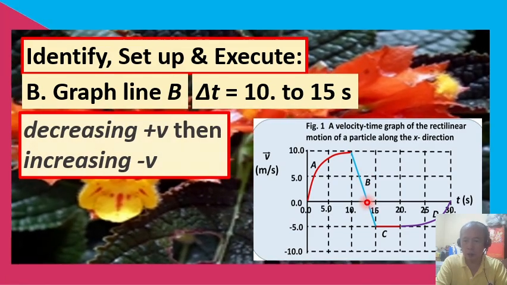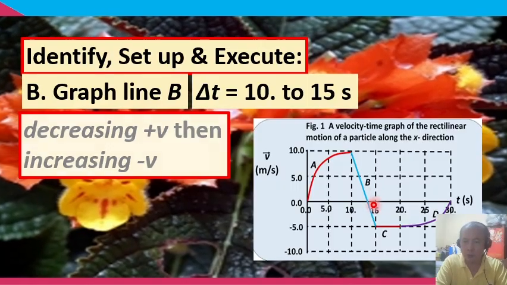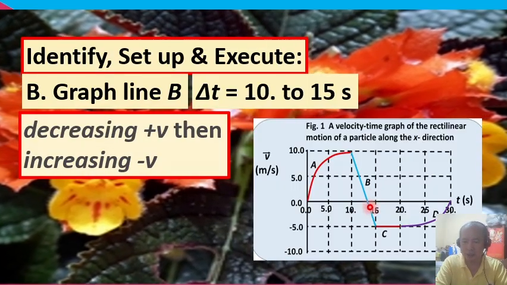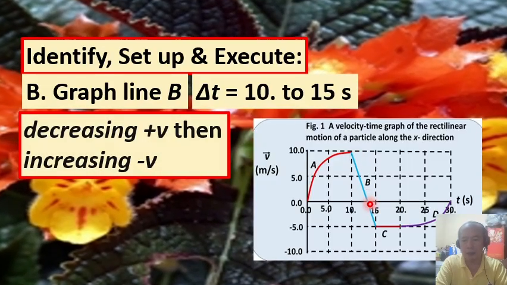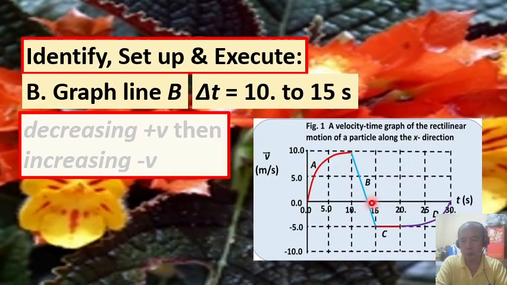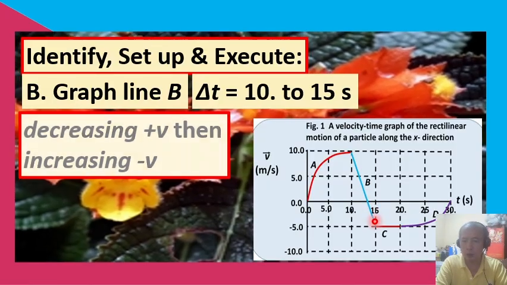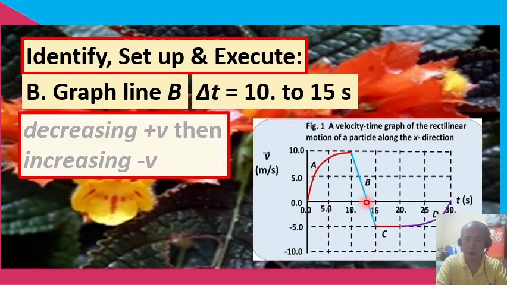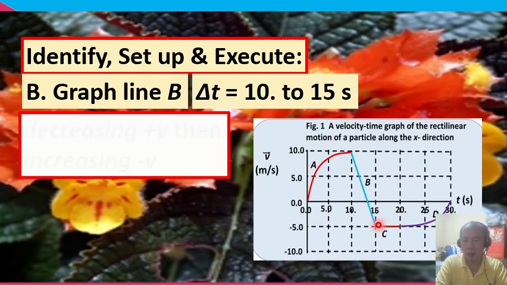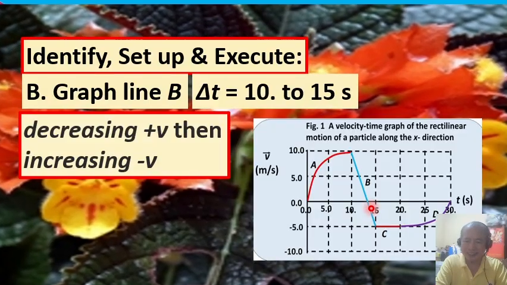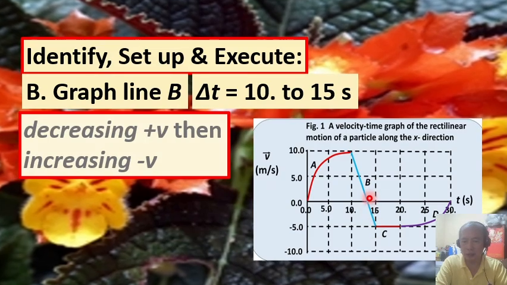So, at a time about 12.5 seconds, we have the velocity of the particle equal to zero at that instant. And then it continues towards the negative direction, all right, with a constant increase, all right, in the velocity.